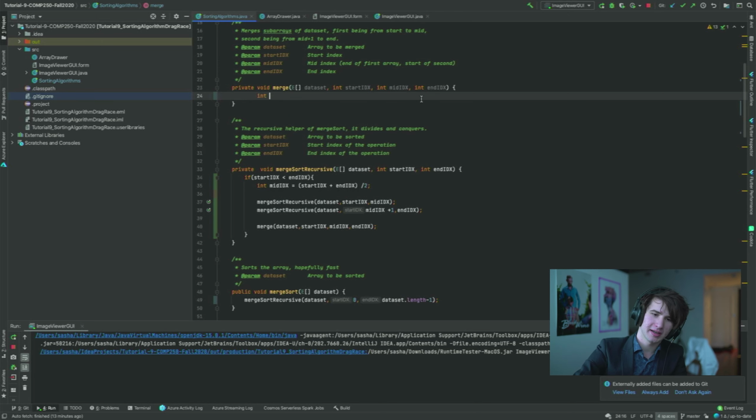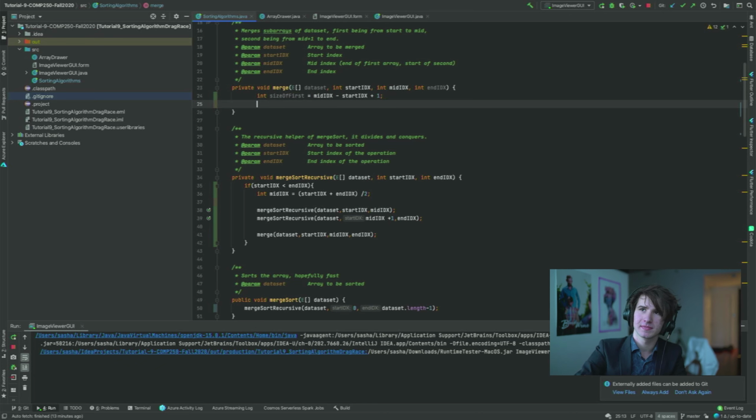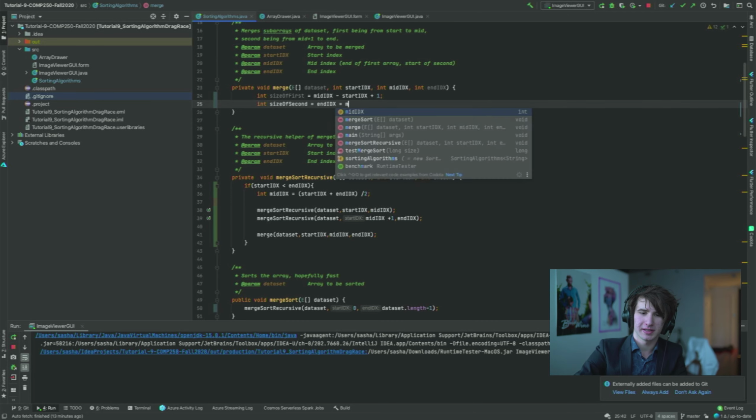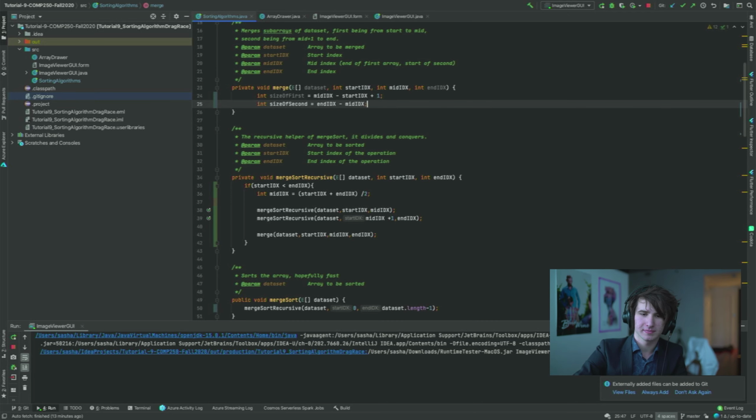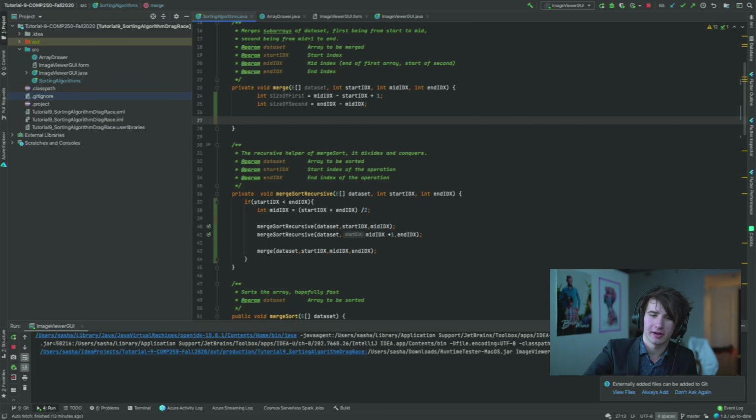So we just say int size of first is equal to mid index minus start index plus 1. That's the size of the first one. Int size of second is equal to end index minus mid index. Also very easy. Now, this is going to be used to create our temporary arrays, because we're going to create